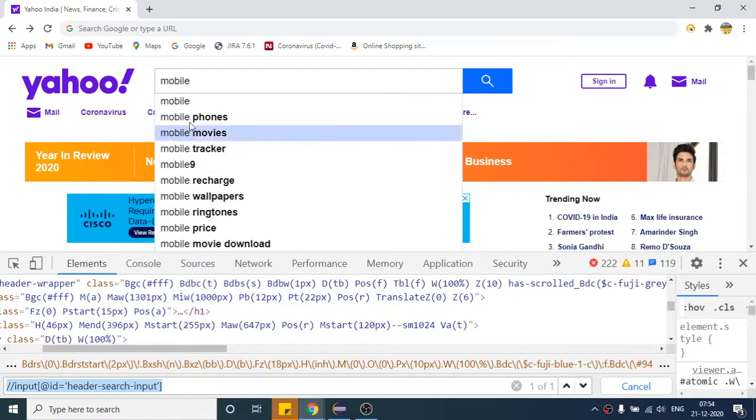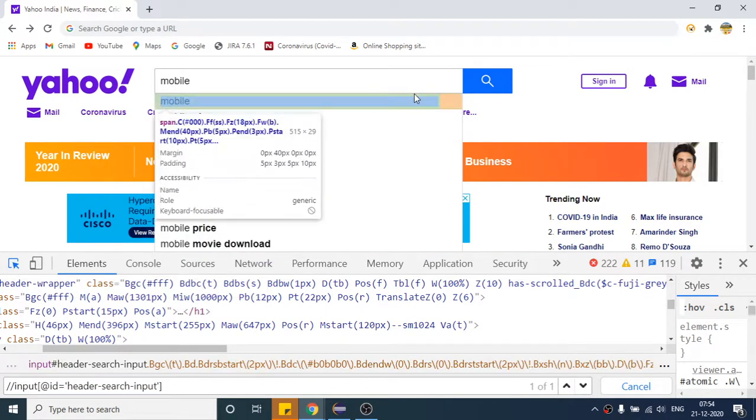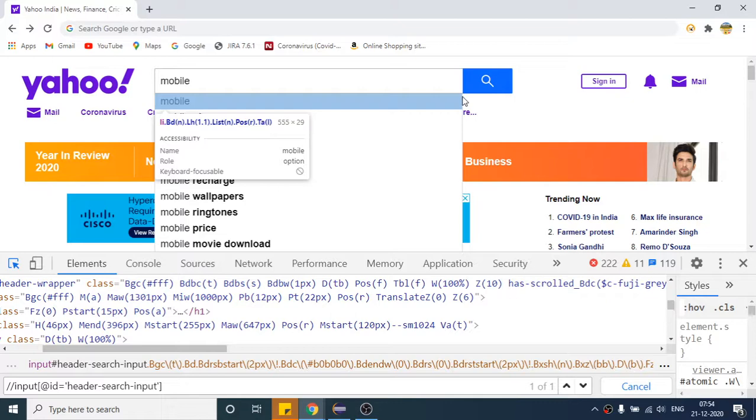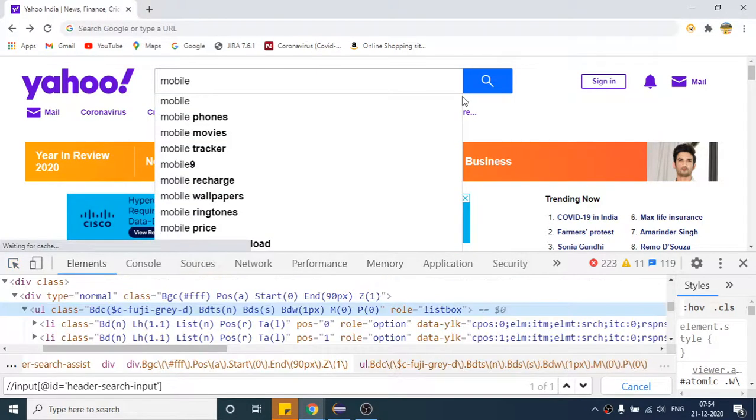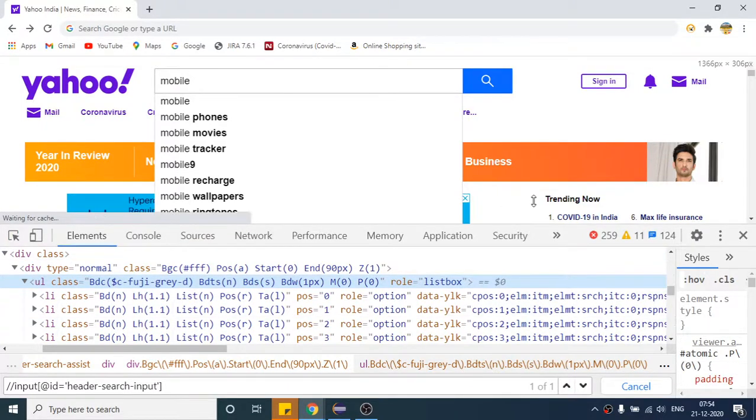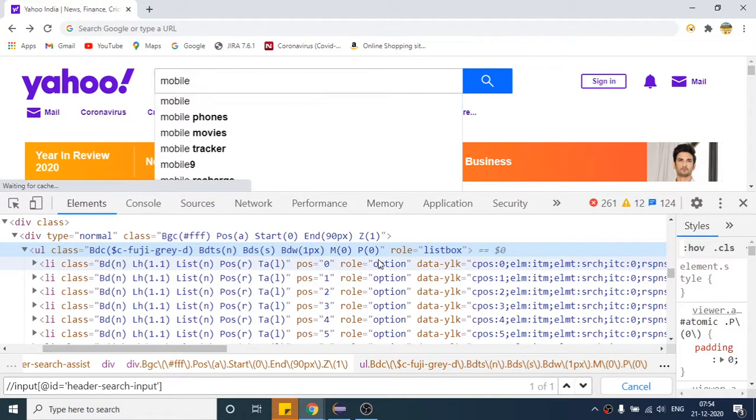First of all, let us see where these names are present in our code. If you select this entire element, all the names will be present inside it. You can see them one by one.